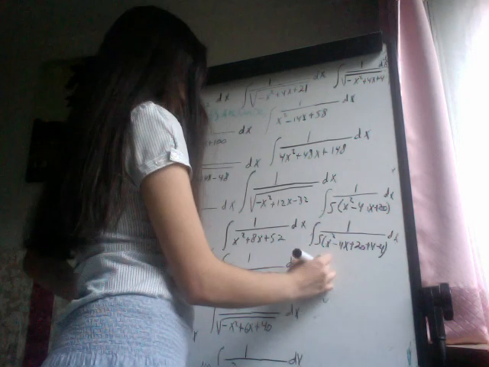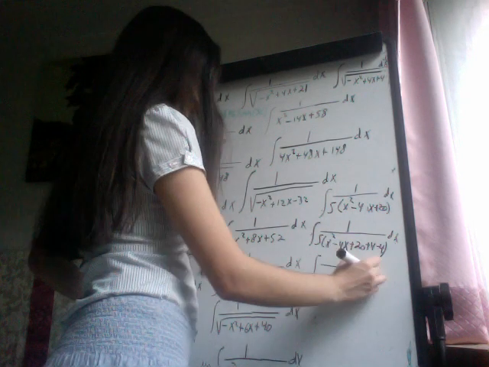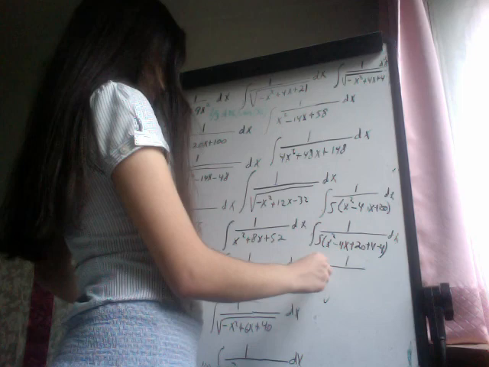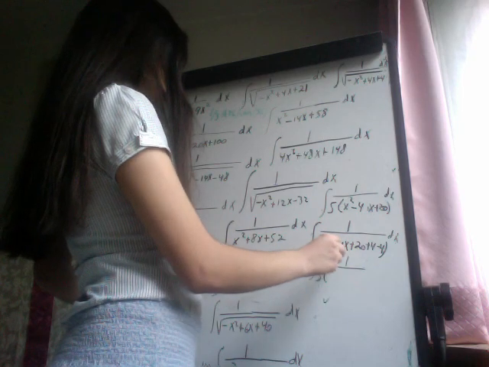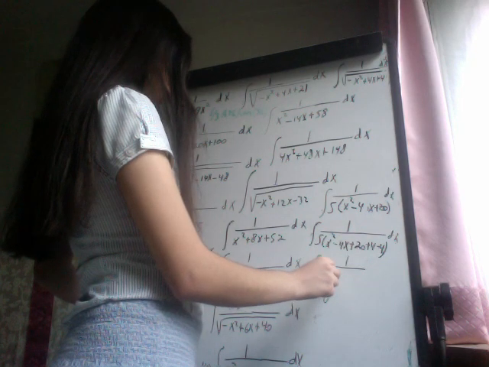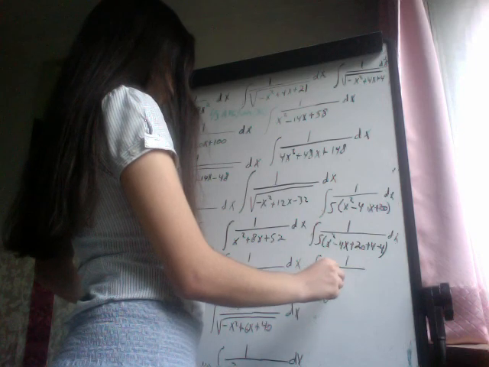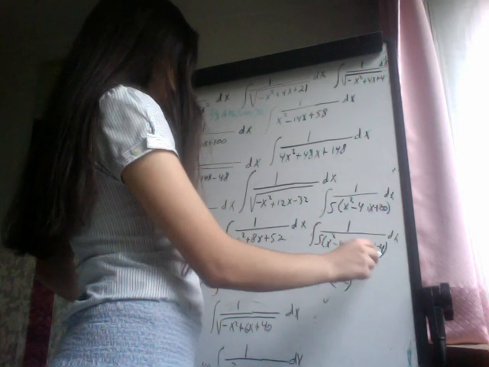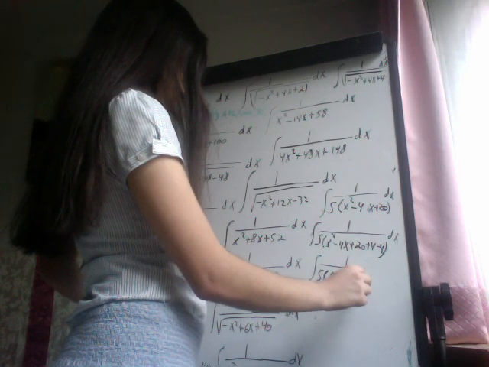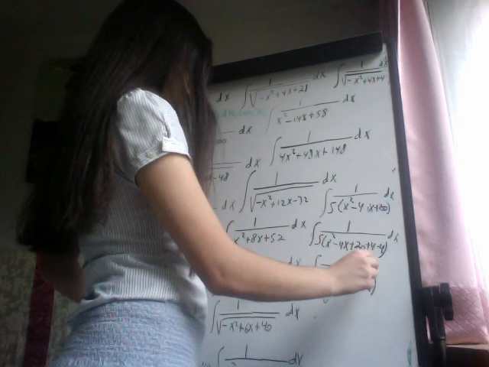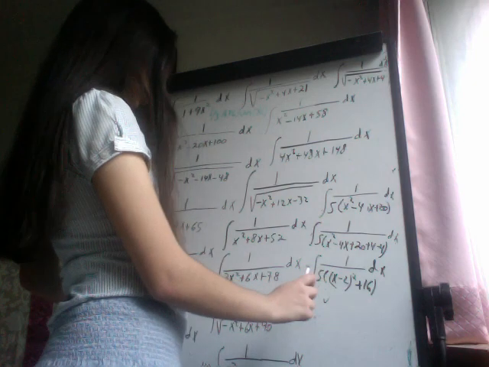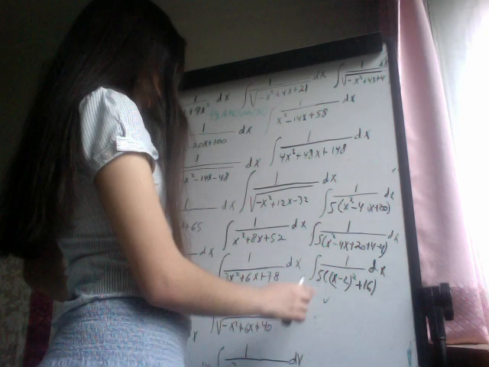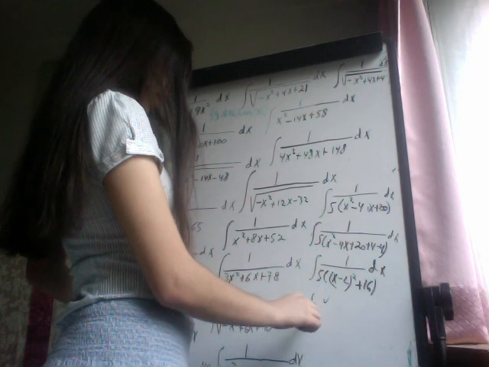So this is the integral of 1 over 5 times x squared minus 4x plus 4, which is the same as x minus 2 squared, plus 20 minus 4, so plus 16 dx. So let me take out the 5, and I have 1/5 of the integral